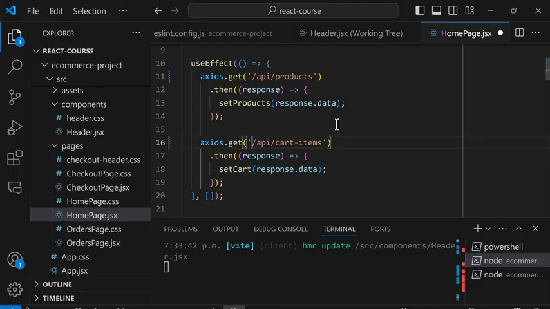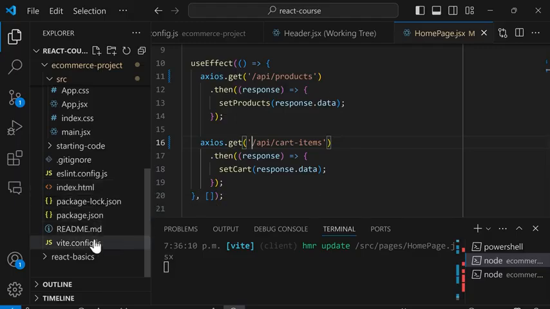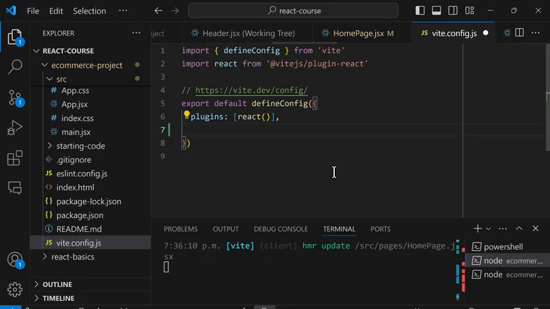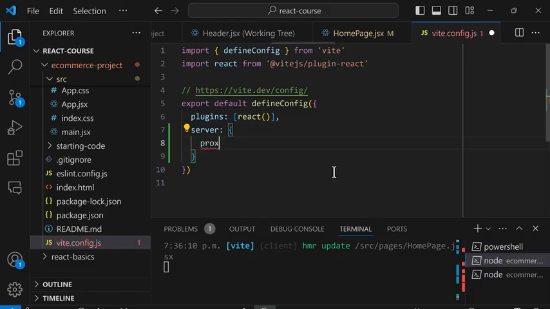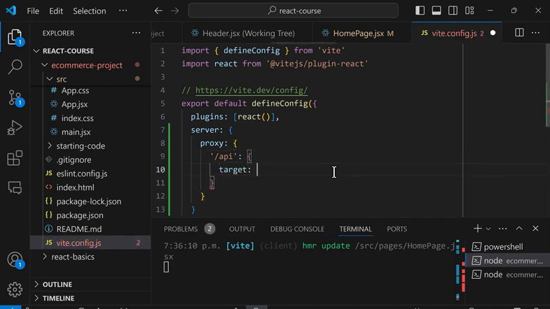and save. And then we're going to go to our files and we're going to open vite.config.js. And inside here, we're going to add the property server colon and an object. And inside we'll add the property proxy colon another object. And in here we'll add a string /api colon, and we're going to give this an object. And inside we'll add a target property colon and the string http://